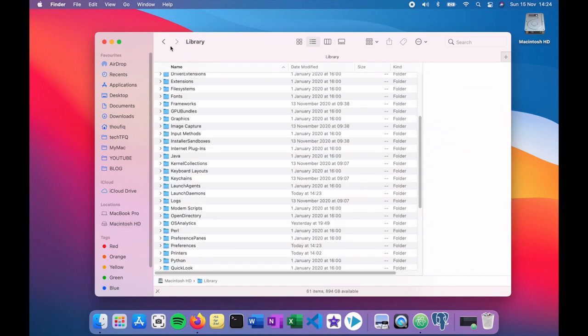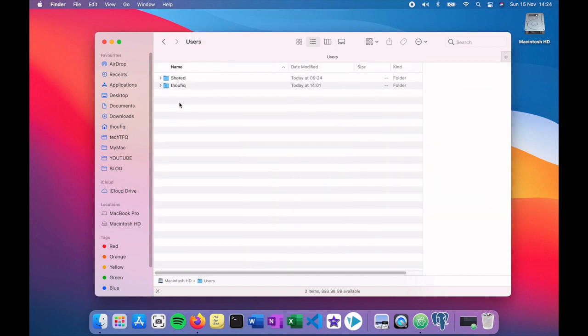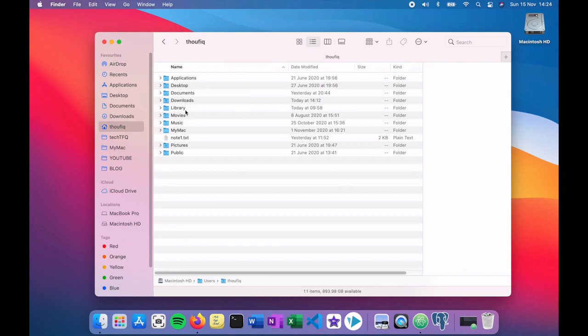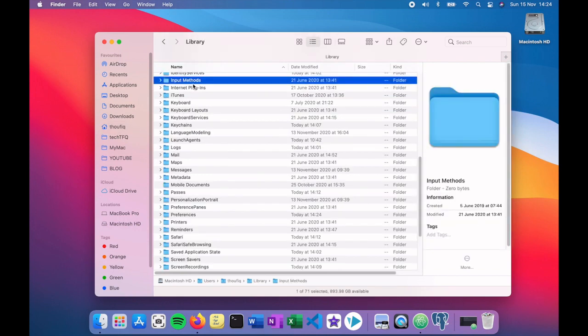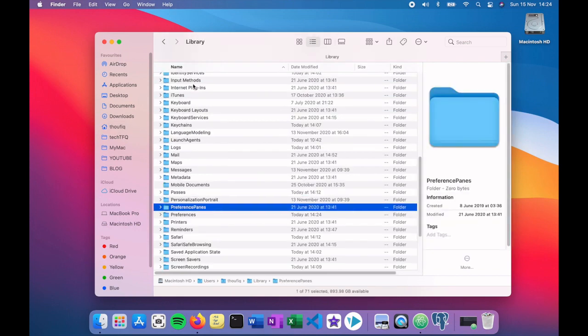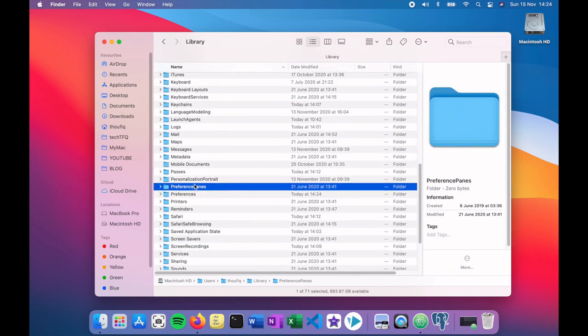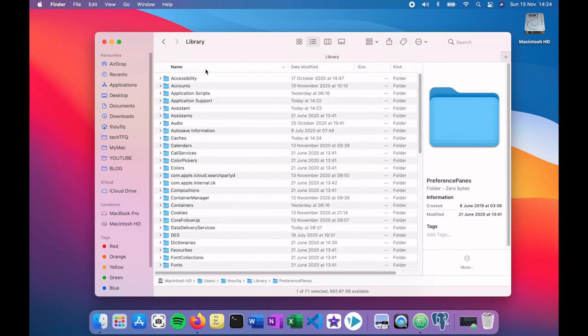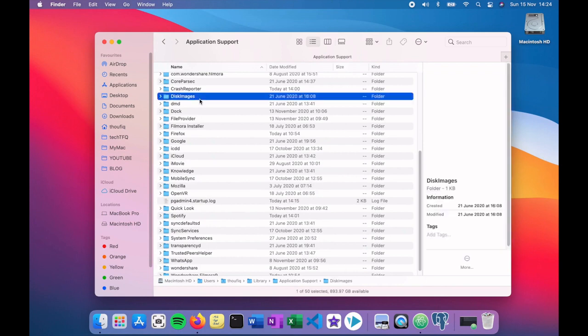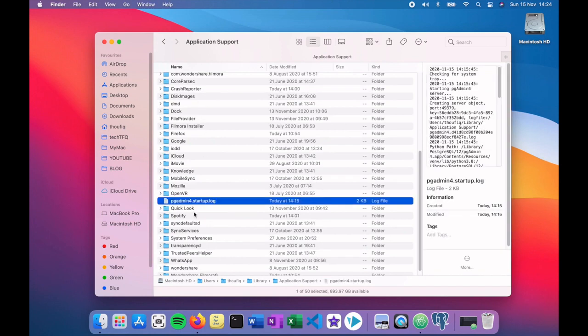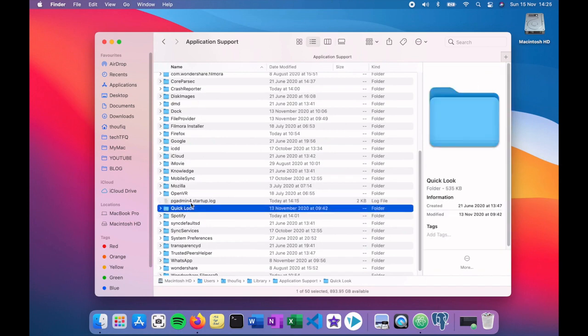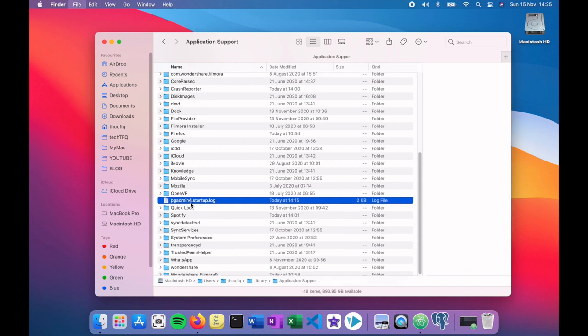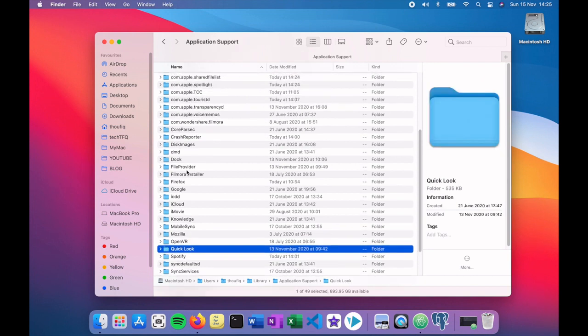in here, and then there's nothing here, but I'll go to users, I'll go to my user, and I'll go to library. I'll look for Postgre here. I think there is nothing created here, but then let me go to application support and look for. Okay, so here we have a pgadmin startup log. It's just a log file. I will just delete it just to be on the safer side, and then I will go to the application